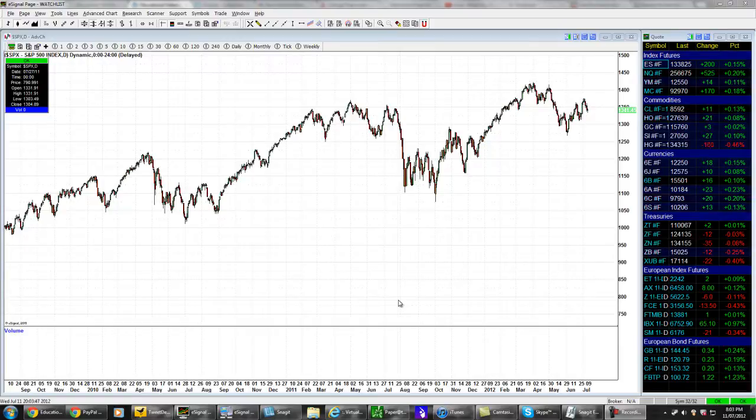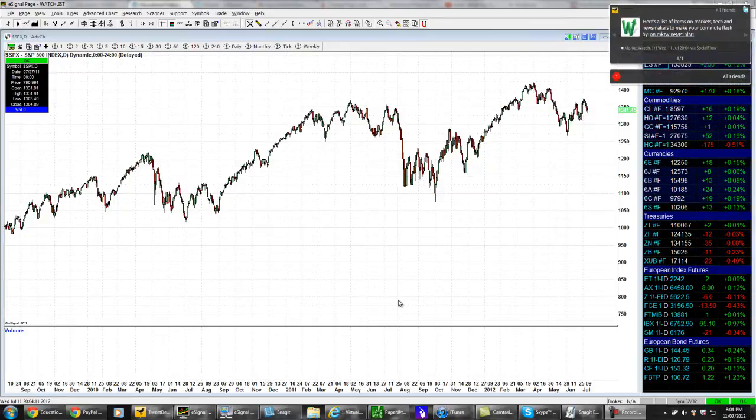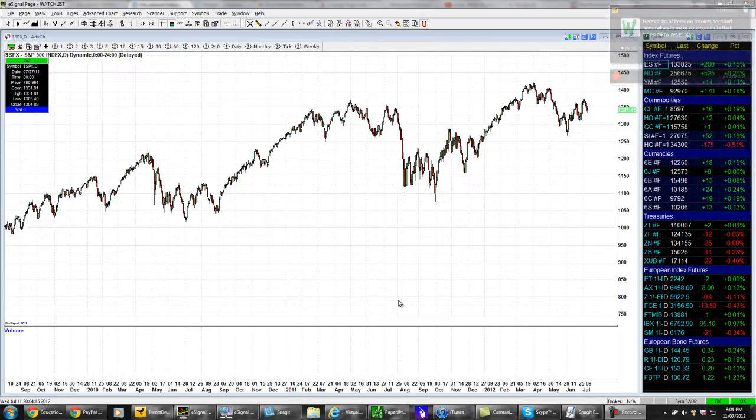Obviously you want to be entering positions in favorable circumstances, ones that have statistically been proven to be, say, bullish or bearish for the stock market. For example, whenever the stock market drops 5 days in a row, statistically that's a buying opportunity. That's a fact. Statistically it's always been a buying opportunity. So you can build reward to risk trades off of that.